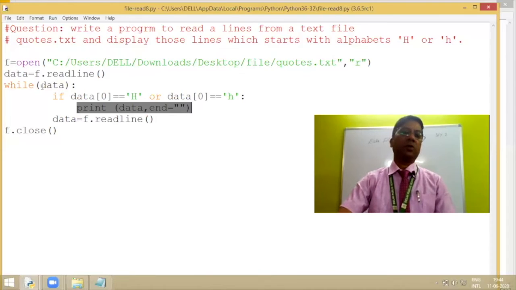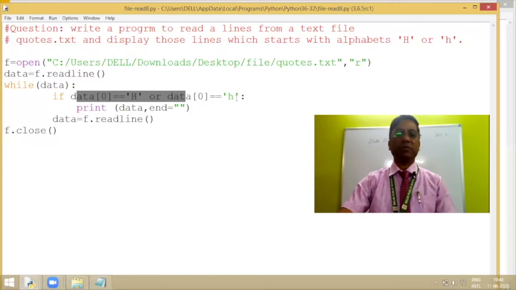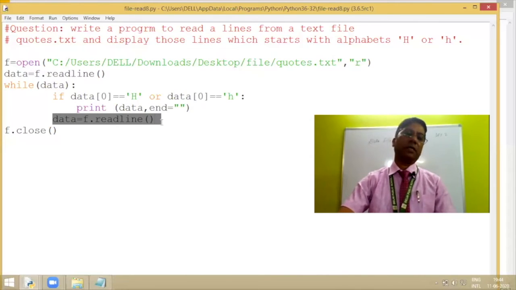Fine. So the first line is read out. If it is true, it will come over here. If it starts with H or h, it will be displayed. Now it will take another line, and again go for the check in the while loop. If it has some value, then this will be true, and it proceeds the same way.